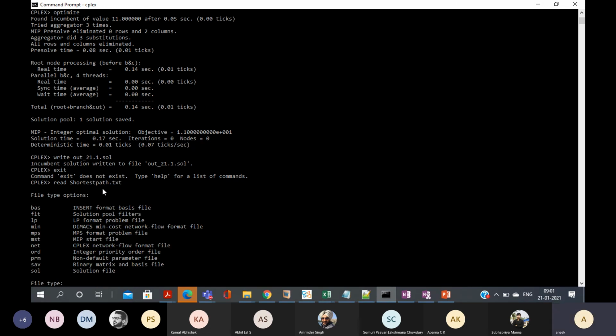So it asks for the file type option. It should be your LP file, in LP format. Basically it asks me what the nature of the file is. So it's an LP file. So I'm writing LP. Can you see it?